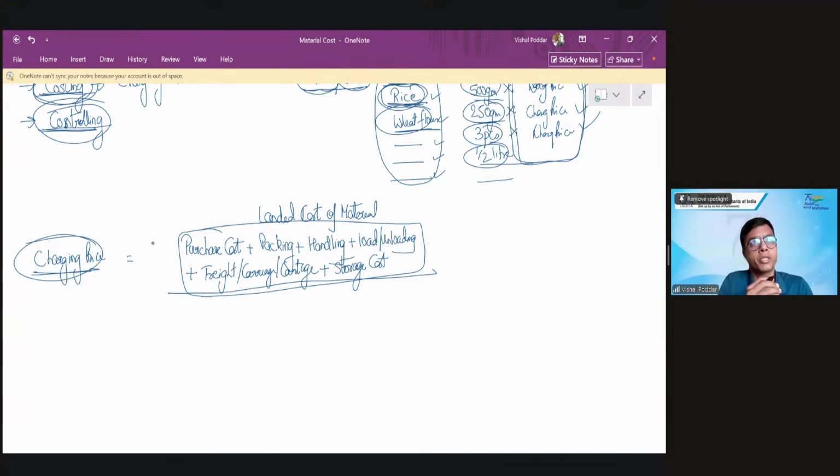What is a mother concept? What is a mother formula? A mother concept, a mother formula is that जिस पे से आगे के बहुत सारे दूसरे फॉर्मूलेज derive होने वाले हैं। So यहाँ जो मैं आपको फॉर्मूला बता रहा हूं, this formula you will find repeating in multiple chapters of this subject because this is the mother concept. What is the mother concept? कि जब भी आपको per unit price निकालना है, see charging price निकालना है मतलब मुझे per unit price निकालना है कि मेरे को मटेरियल का एक यूनिट कितने में पड़ा। For this, this mother concept says